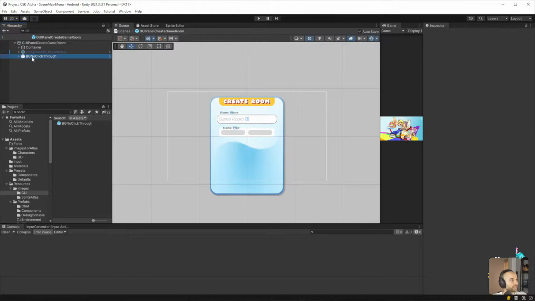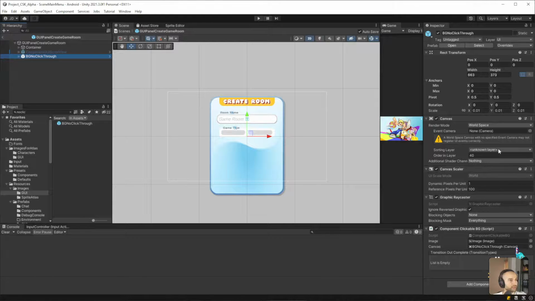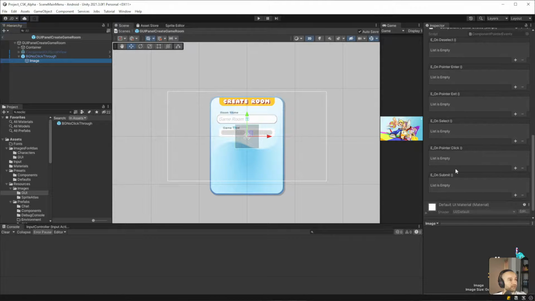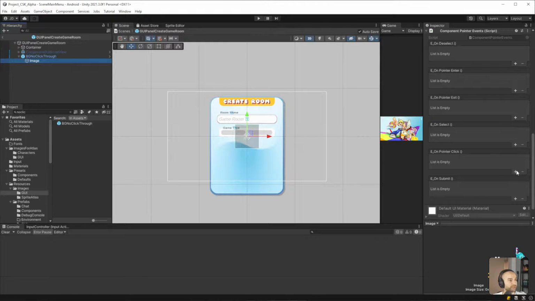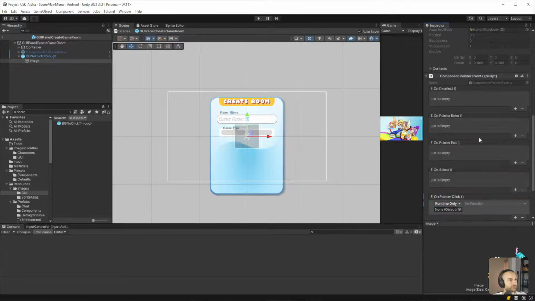Okay, so this auto scales to whatever your screen resolution is. And that both prevents click-through and also has a register for when you do click on it with touch or, where is it? On pointer click. So this one here, I'll fill that in later.